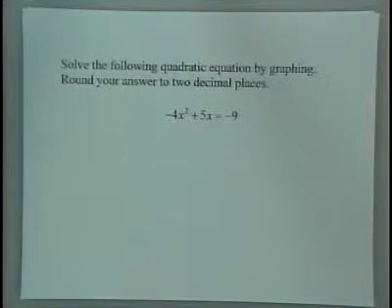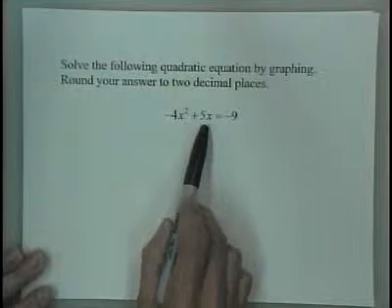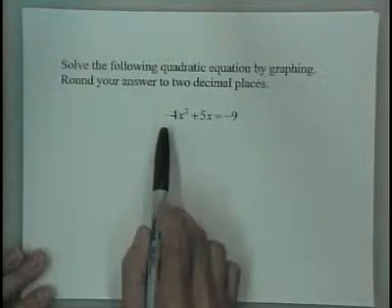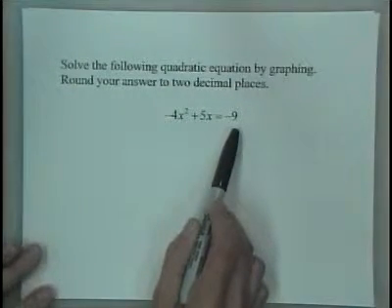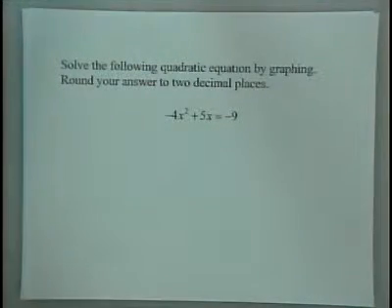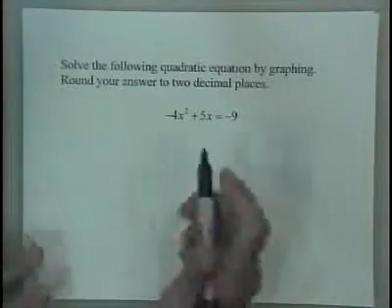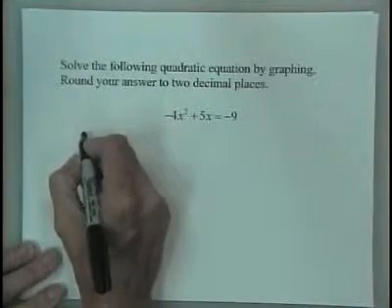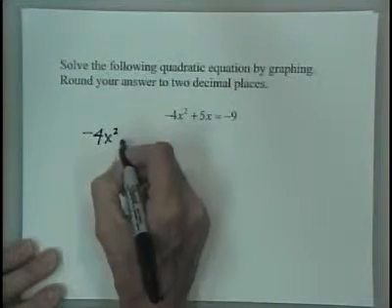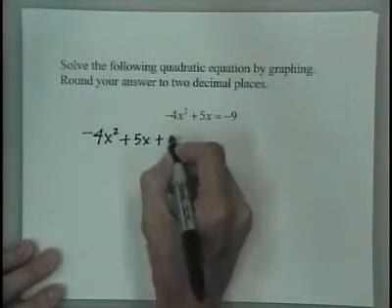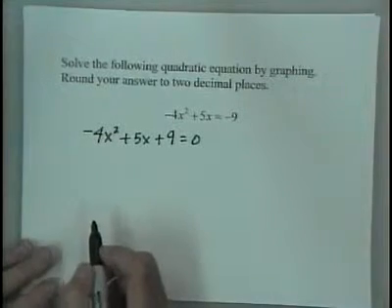Let's start with an example. What we want to do is solve the following quadratic equation by graphing and then round our answer to 2 decimal places. What we see is negative 4x squared plus 5x equals negative 9. To solve a quadratic equation by graphing, it's to your advantage to get 0 on one side or the other. By graphing, it's not going to matter which side you move everything to. So I'm going to add 9 to both sides and write the quadratic equation as negative 4x squared plus 5x